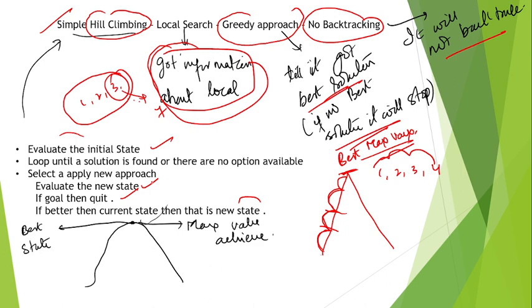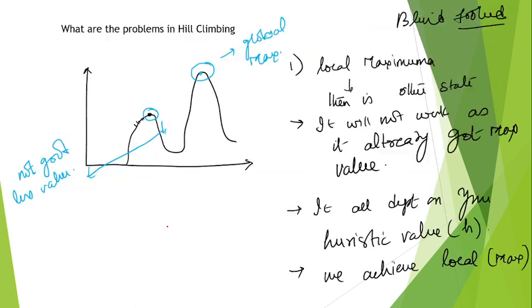Hill climbing gives you local information. It is a greedy approach. There is no backtracking, and if you find the best solution, it will stop, and if there is no goal, it quits. It will initiate the initial value. In hill climbing, if you're climbing, you always go up. If you're backtracking, what does that mean? If you're coming back, you're getting negative or lower values than the high value. So we call this one the top value, or the max value.